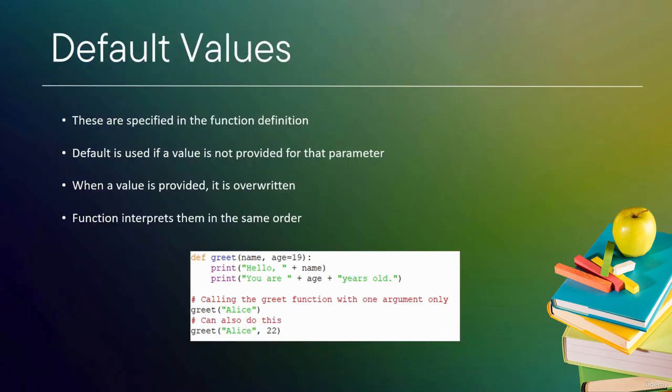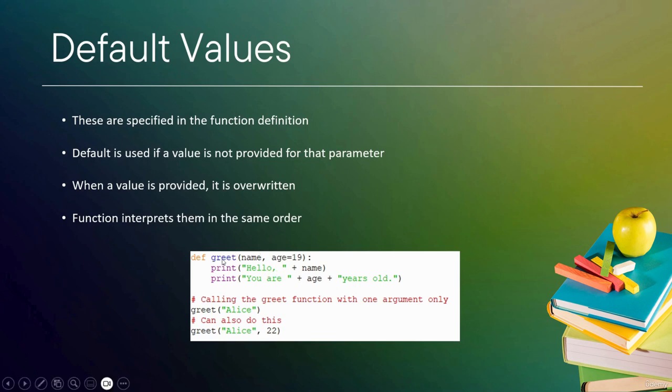Now we have default values. These are specified in the function definition. A default value is used if the value is not provided for that particular parameter. When a value is provided, it is overwritten and the function interprets them in the same order. So